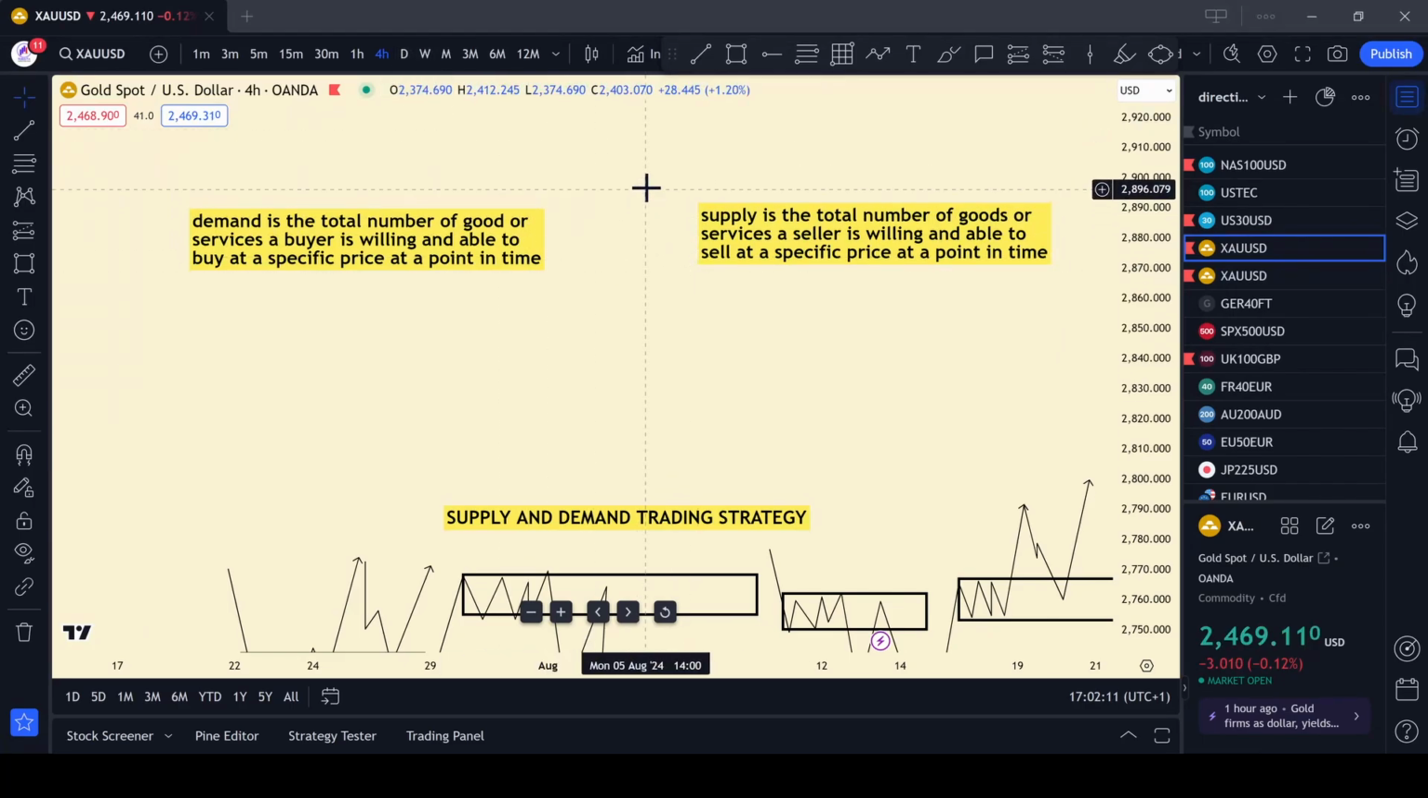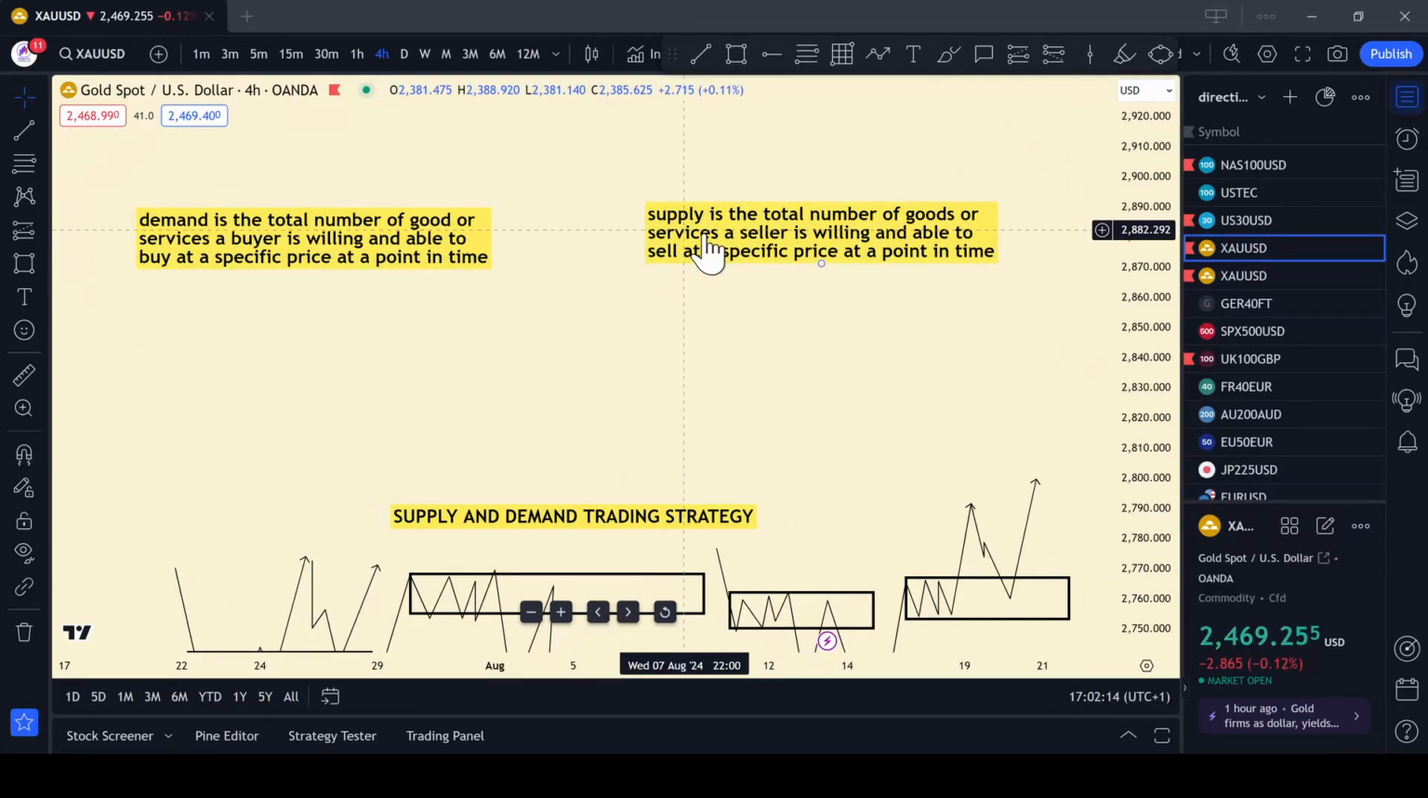All right, so supply, on the other hand, is the total number of goods or services. The goods or services here that we trade is the total number of lot size of gold you are willing to buy. At what price? The total number of lot size of Euro USD you are willing to sell. At what price? In this case, you can remove goods or services and put in financial asset. So I say supply is the total number of financial assets a seller is willing and able to sell